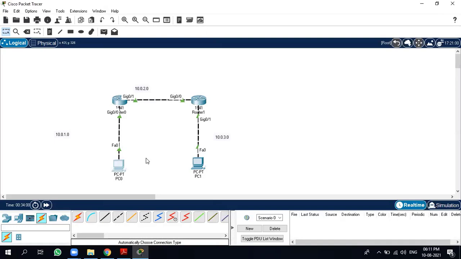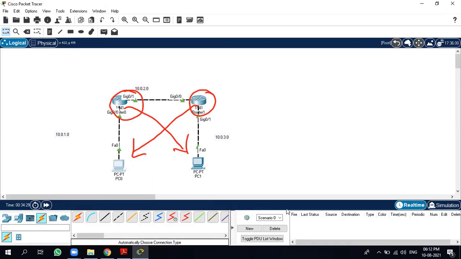We are not able to reach this PC1. Why? Because we need some settings, we need some configurations. So let us configure these routers for all those networks. What to do in this case? Simply draw a cross like this. This would be better to remember all these things. Now, router 1 is pointing towards PC0. Router 0 is pointing towards PC1.